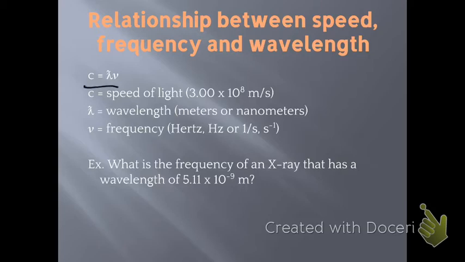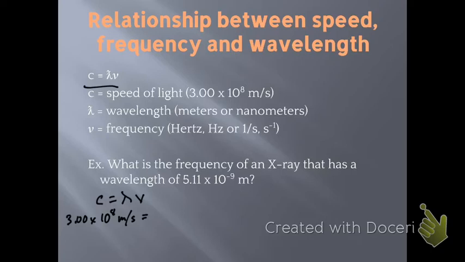So here's your equation. Let's do the example together. What is the frequency of an X-ray that has a wavelength of 5.11 times 10 to the minus 9th meters? So the speed of light equals the wavelength times the frequency. The speed of light is always 3.00 times 10 to the 8th meters per second times or equals the